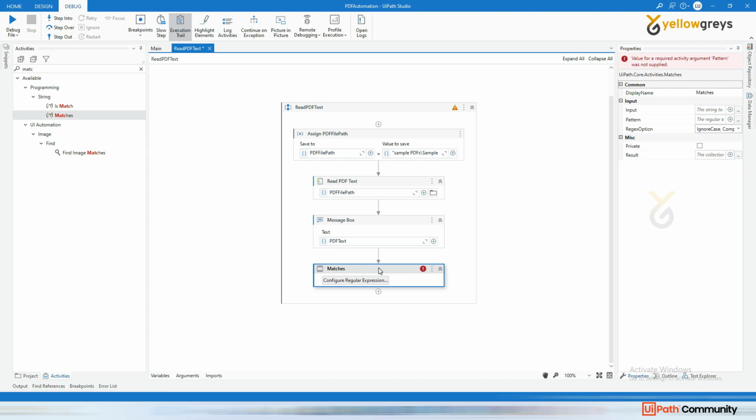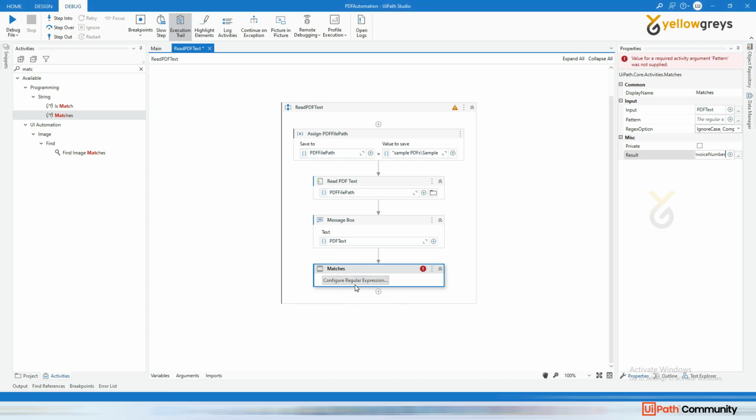I will show you that as well. Here, provide your input, that is the PDF text. The pattern I will give inside, and the result, whatever the activity gets out, I will store in a variable, let me add it like invoice number,